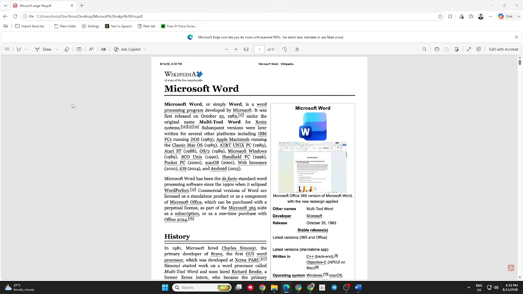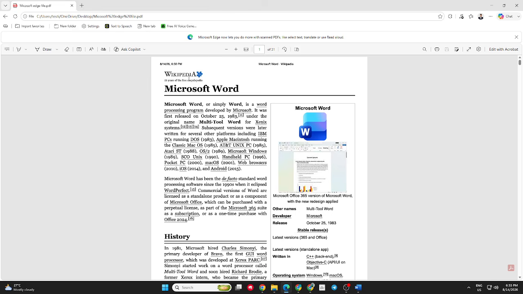In today's video, I'm going to teach you how to move a file from Microsoft Edge to Microsoft Word. If you have a file or document that you opened or saved using Microsoft Edge and you want to use that content in Microsoft Word, you can move the content by opening the file and transferring it into a Word document. First, open Microsoft Edge on your computer and locate the file or document that you want to move to